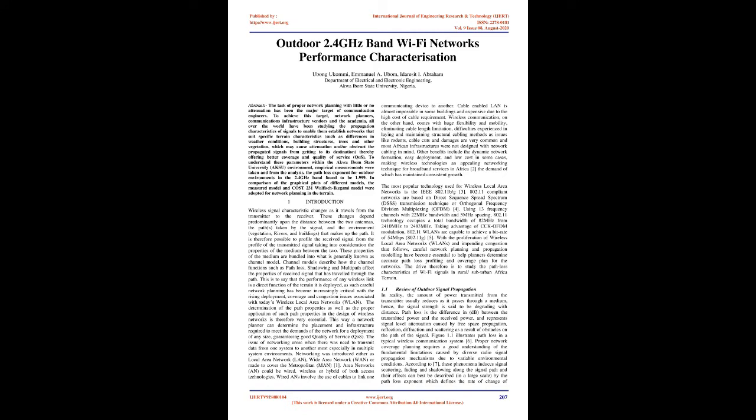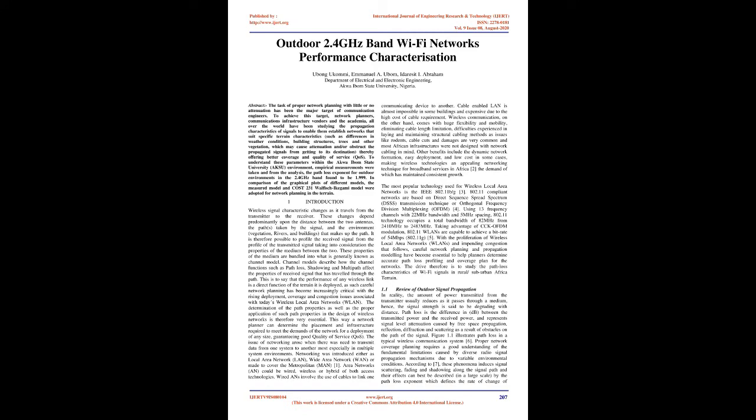These properties of the medium are bundled into what is generally known as channel model. Channel models describe how the channel functions such as path loss, shadowing and multipath affect the properties of received signal that has traveled through the path. This is to say that the performance of any wireless link is a direct function of the terrain it is deployed. As such, careful network planning has become increasingly critical with the rising deployment, coverage, and congestion issues associated with